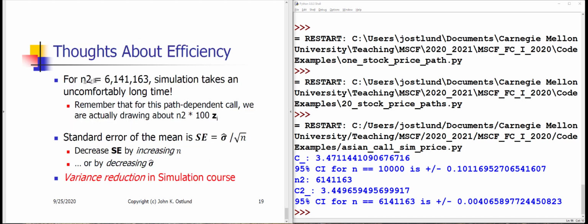All right, and so we're doing more than 6 million paths, and we're doing more than 100 simulated stock prices per path. So this is more than 600 million individual simulated values that we're computing, and that does take a very long time. So how can we improve the time now that we've achieved the confidence interval that we want? Well,